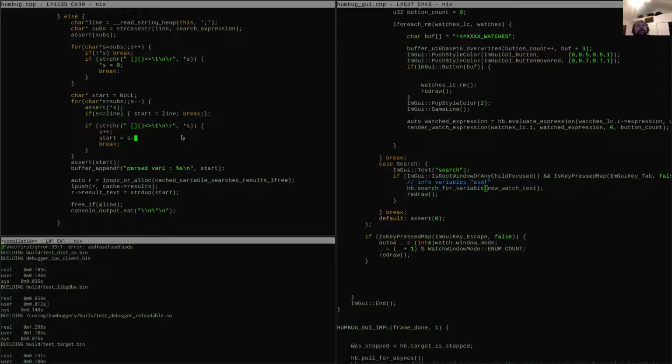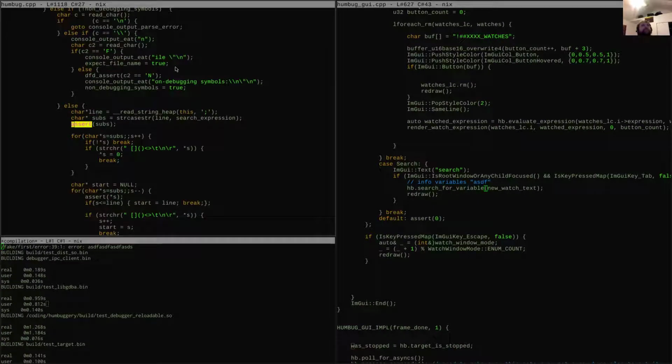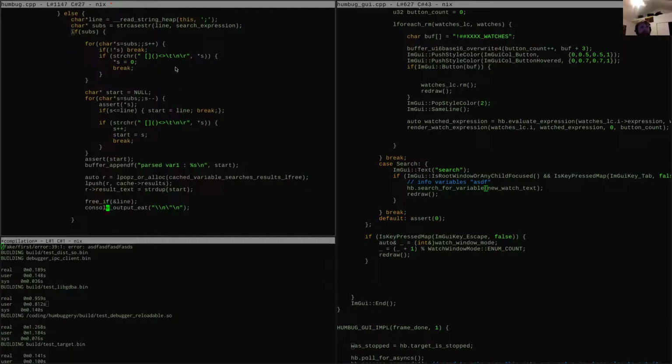So what we need to do is say, like, if subs. That's all this turns into. We thought that maybe we could rely on the fact that there was going to be substring all the time there, but nope.